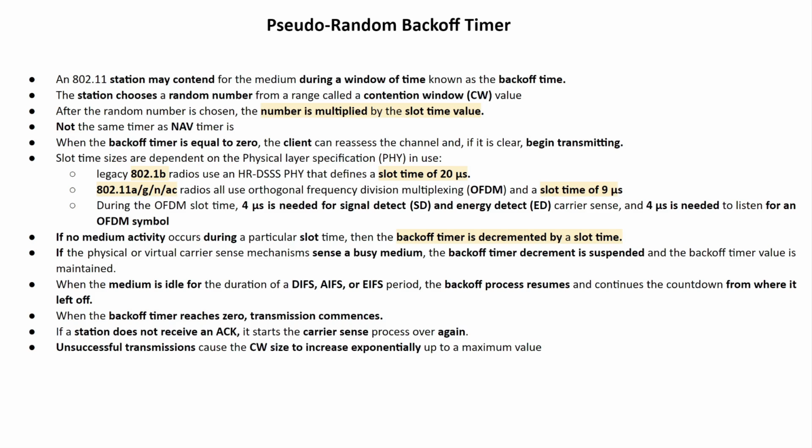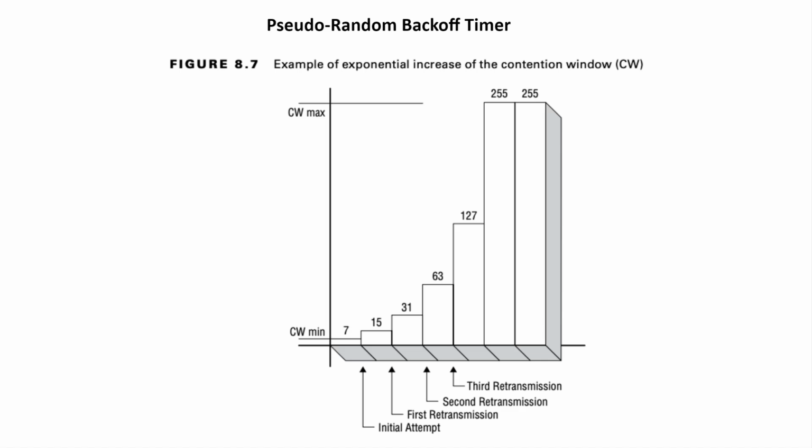If the acknowledgement has not been received, although it was expected, all is lost. It starts again from the very beginning. A retransmission occurs. For frames that are retransmitted, the contention window, the range of possible values for the random Backoff timer, will be increased. And the more unsuccessful attempts to transmit occurred, the higher the maximum contention window will be. This makes the Backoff timer bigger, that is, it reduces the station's chances of winning the medium and transmitting a stuck frame. When the number of attempts for one frame reaches a certain value, the frame is discarded and the